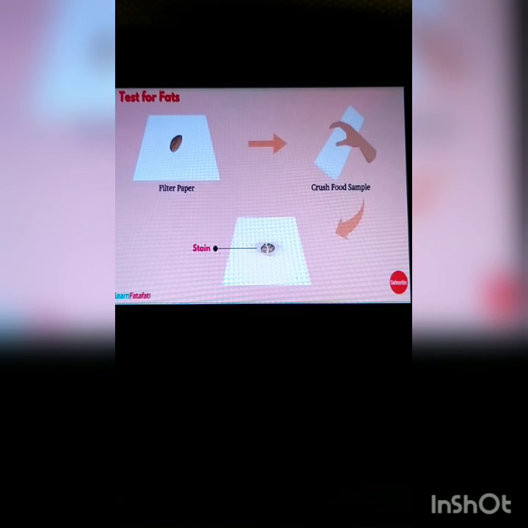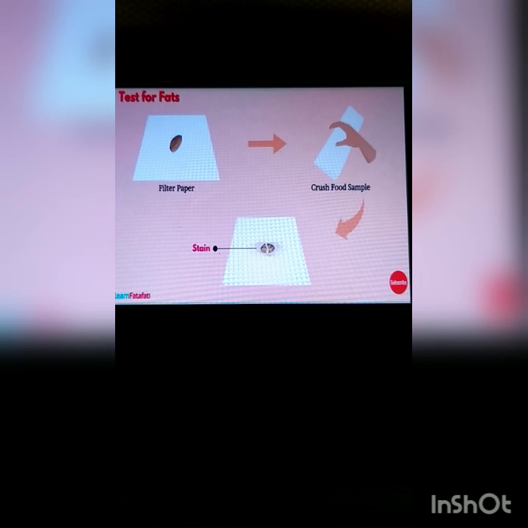Now you have to do the experiment, you have to do the test, and you have to observe it, and write it in your table 2.2, whether the food items contain the fats, proteins and starch that are present in all the food items that you have tasted. Then does a food item contain more than one nutrient? Some of the food items can contain more than one nutrient.